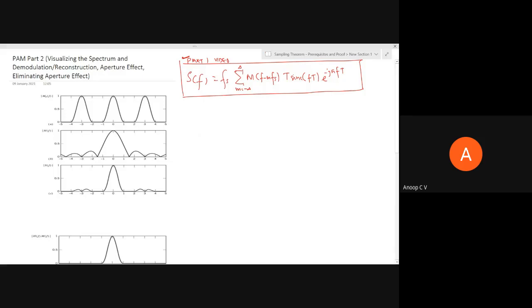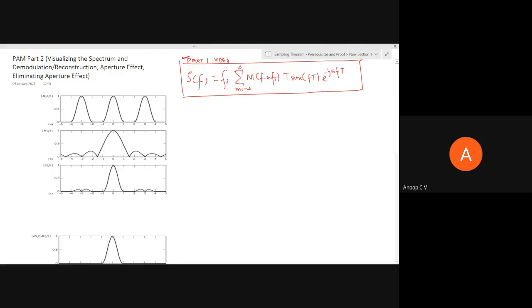Before I move ahead and discuss this visualization, I'm sure that if I straight away discuss this, most of you will be confused. So it's inevitable that I need to summarize what we have learned in part one, or at least tell what these parameters are. Fs, the sampling frequency, should be greater than or equal to 2W, where W is the maximum frequency content in the message. And M of f will be the